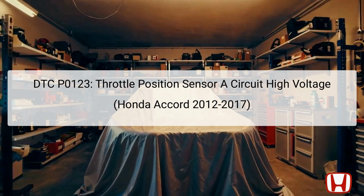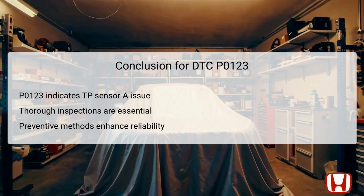This feedback is essential for optimal engine performance, and a malfunction in this circuit can lead to various issues, triggering the P0123 DTC. In conclusion, DTC P0123 signals an issue with the throttle position sensor A, specifically indicating a circuit high voltage condition. A comprehensive understanding of the electronic throttle control system's components and functions is crucial for accurate diagnosis